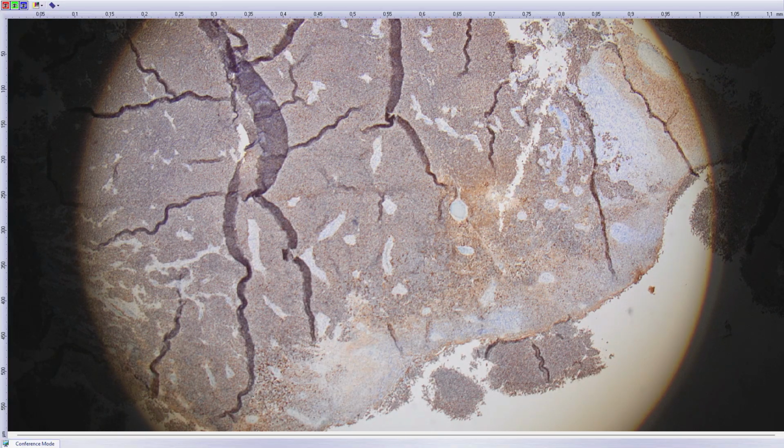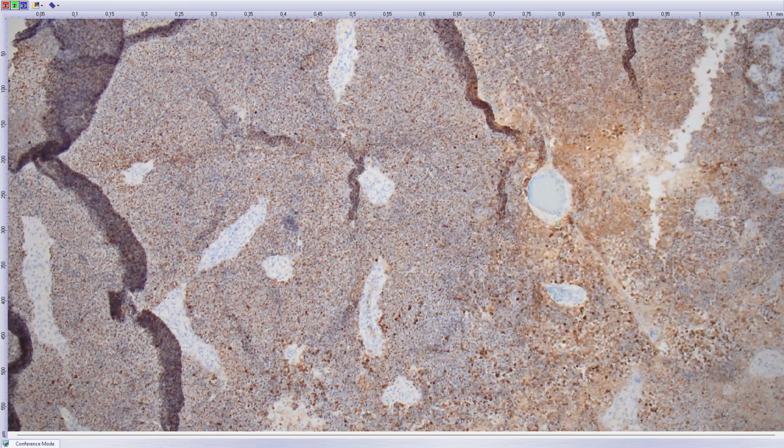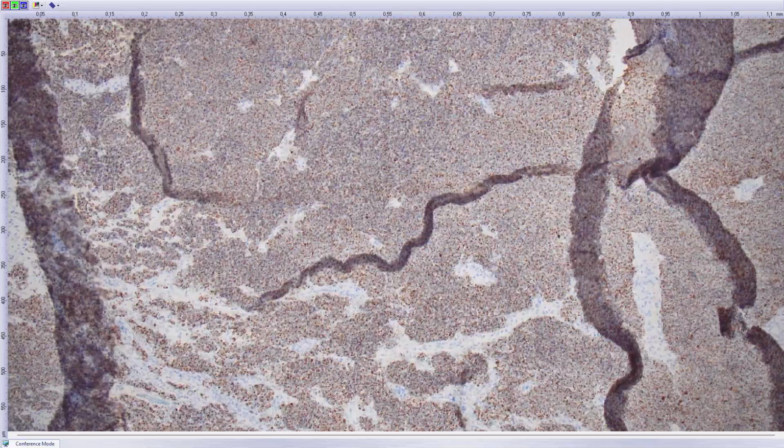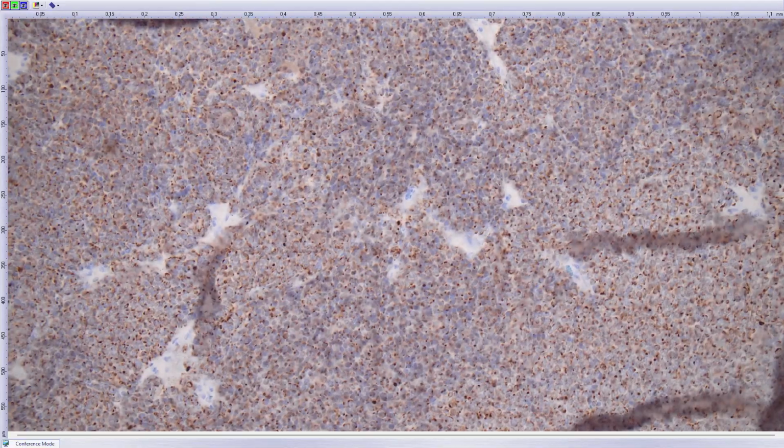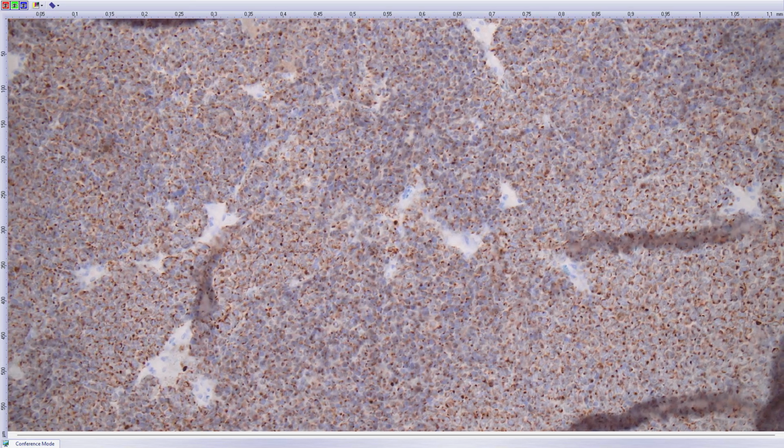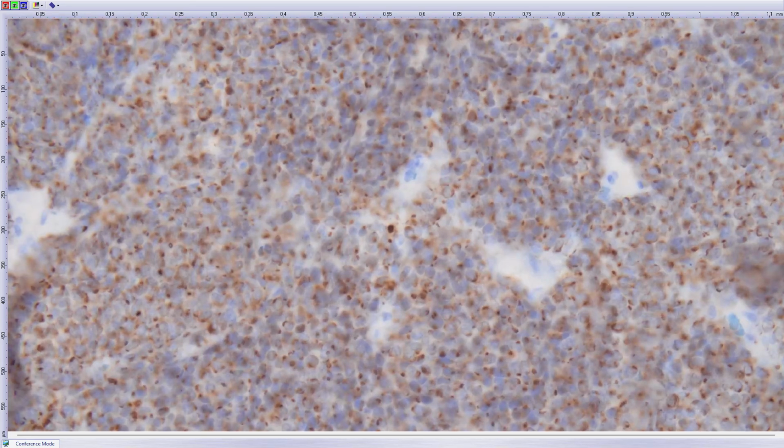So, as I mentioned, for me the first differential was neuroendocrine carcinoma, either primary in the skin, that means Merkel cell carcinoma, or potential metastasis. I started with cytokeratins. This is cytokeratins AE1, AE3, so broad spectrum cytokeratins, and you can see diffuse expression, which however has this funny